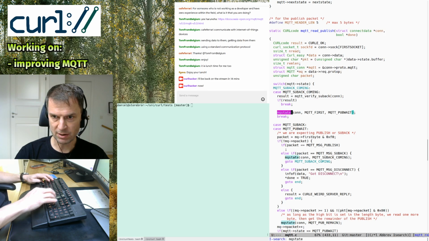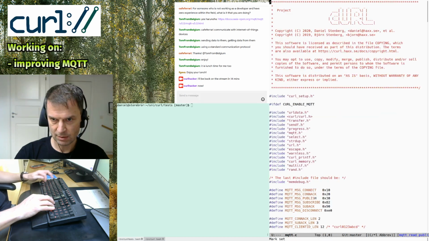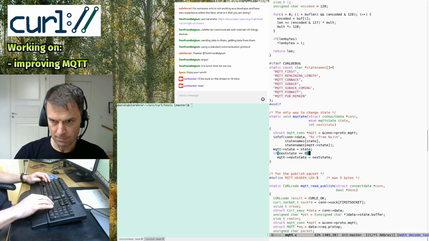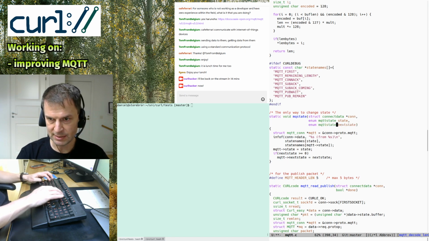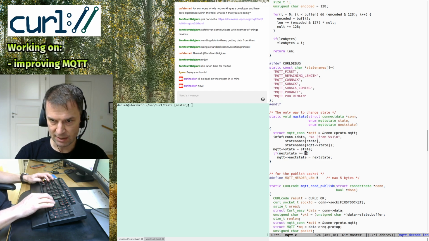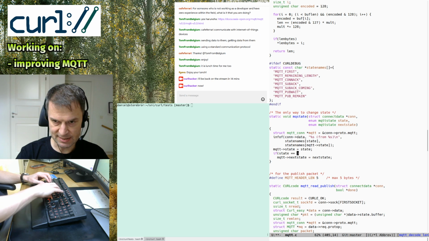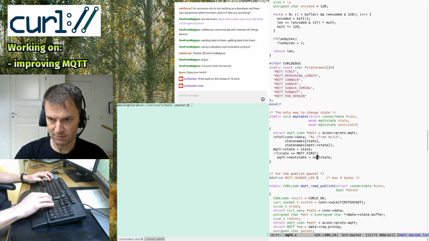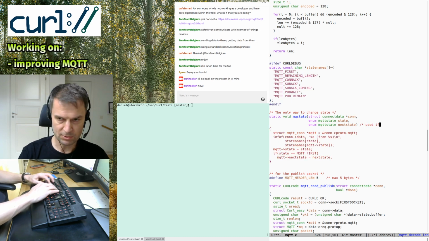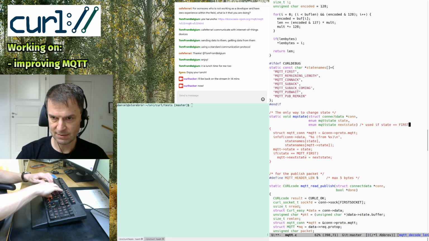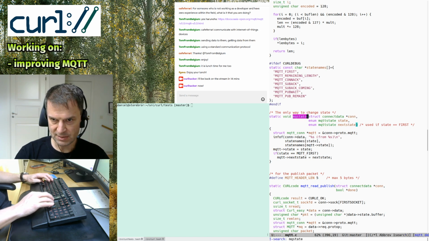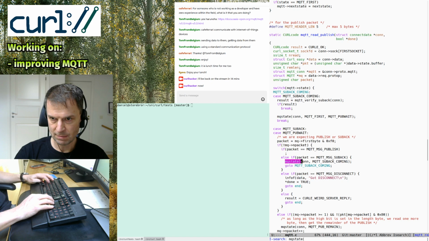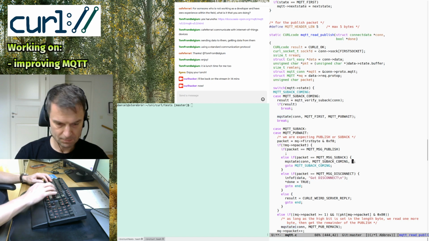Ooh, even better, I have a better idea. I'll set MQTT next state, and only if state is MQTT first state. So if we go back to first, then we also set the next state. Used if state is first. That's pretty good. Then I can